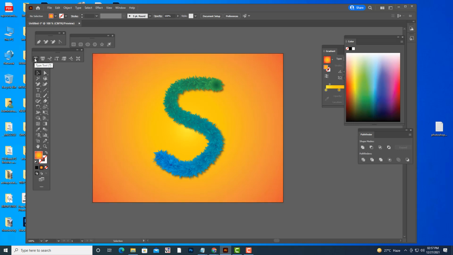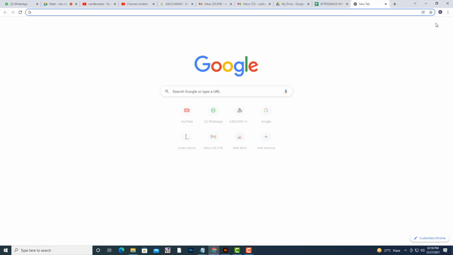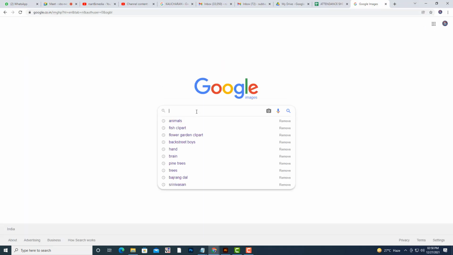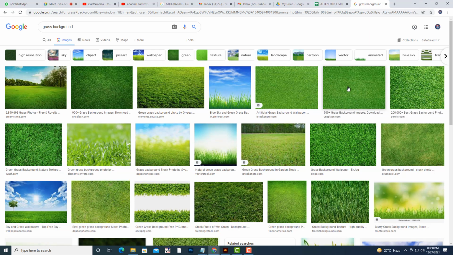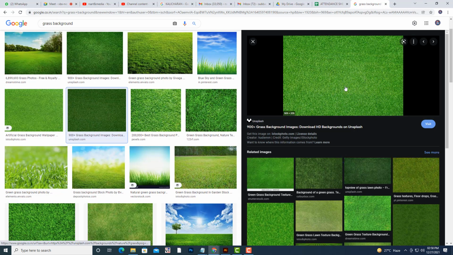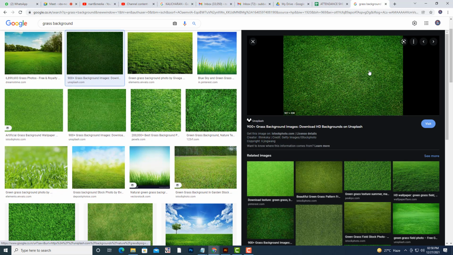I will tell you this type tool now. This background, the orange color, has to be a grass background. I will show you here. The text should also be visible, and the G letter should also be visible. If you type grass background, you will get many results like this. Did you see grass anytime? It has to be a texture like this. The background has to be this.